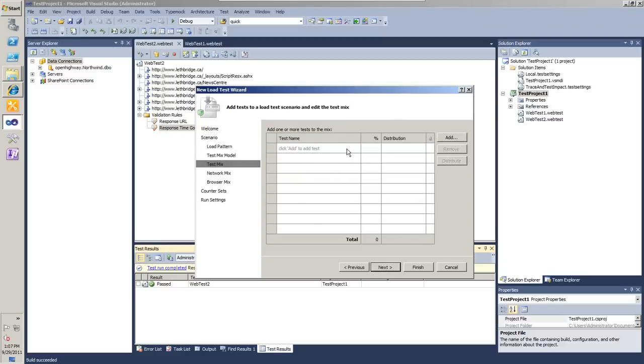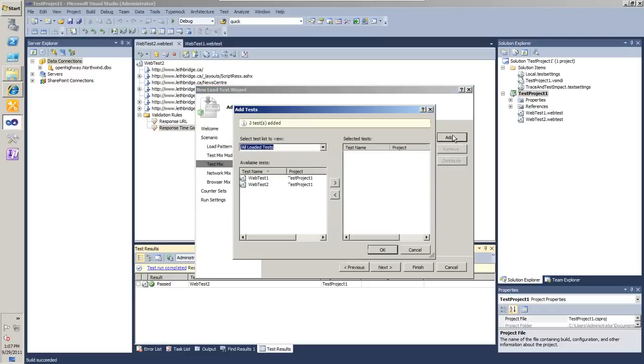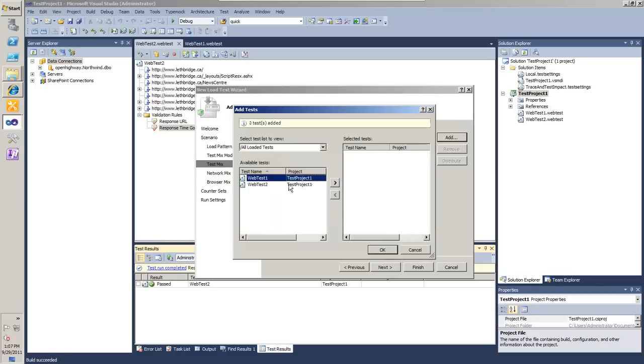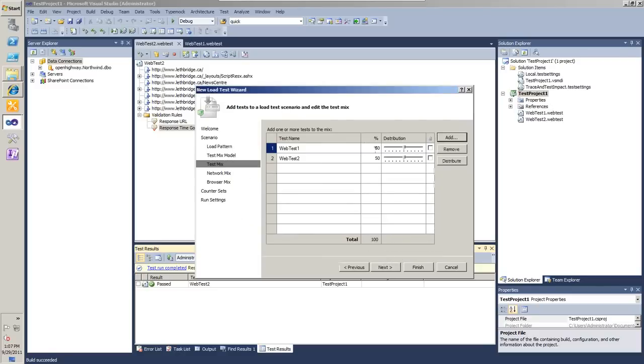But this is where it gets interesting. What I can do is add in web test 1, which was looking at the job opportunities. Oh, sorry, I have to actually move them over. I want both my tests, the one with the job opportunities and the one with the news. And I can say that people look at job opportunities